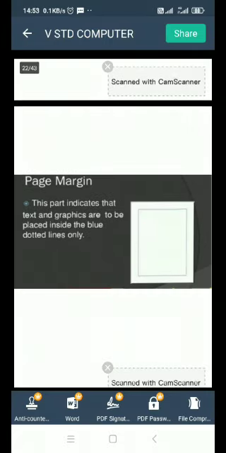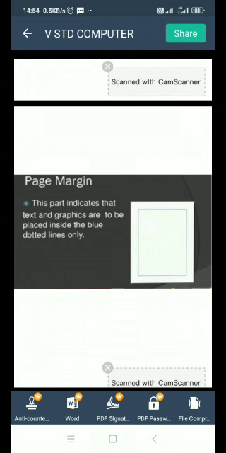Page margin. We see the pictures. Page margin. How to develop page margin? This part indicates that text and graphics are to be placed inside the blue dotted lines only.